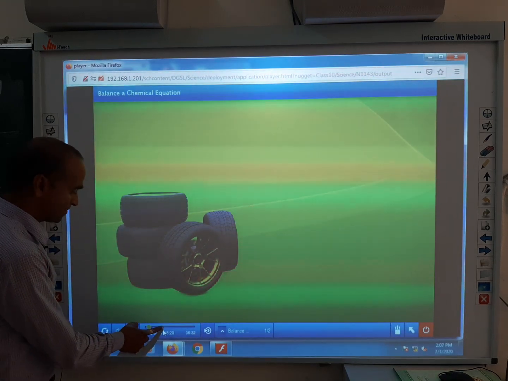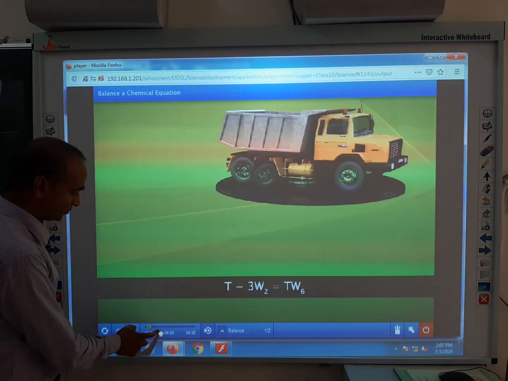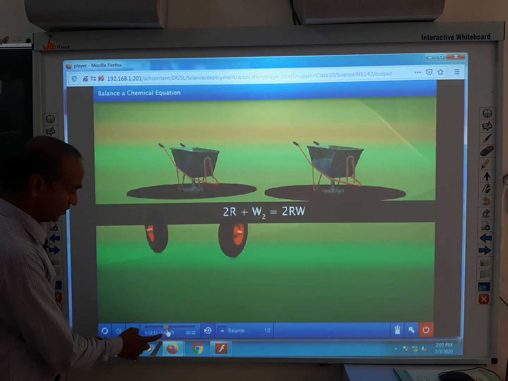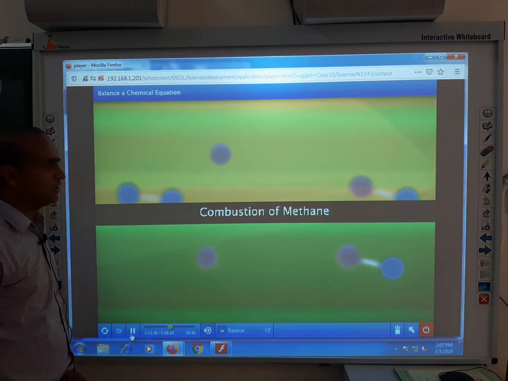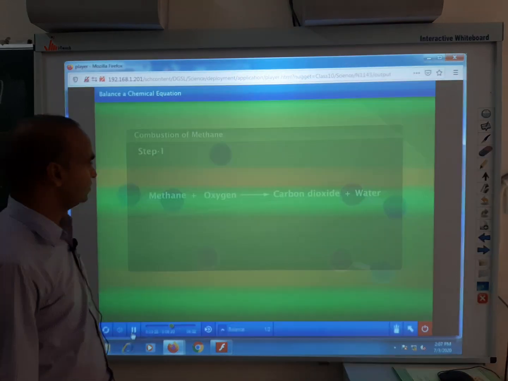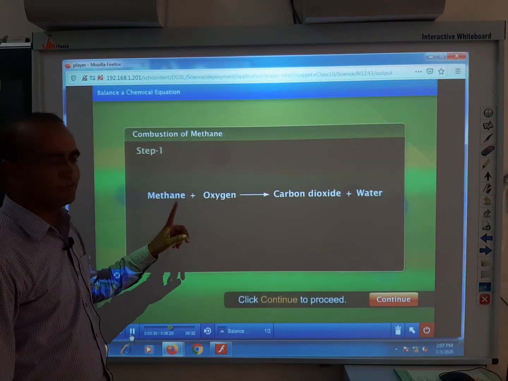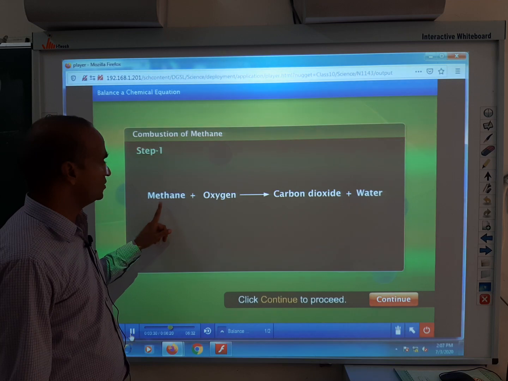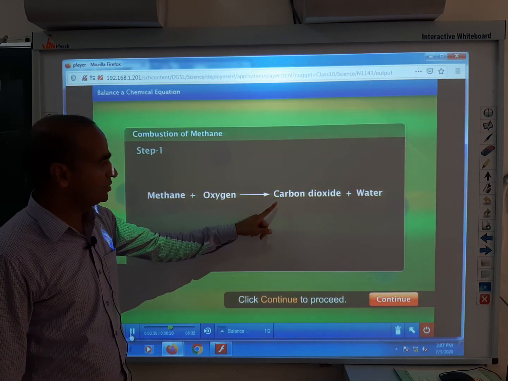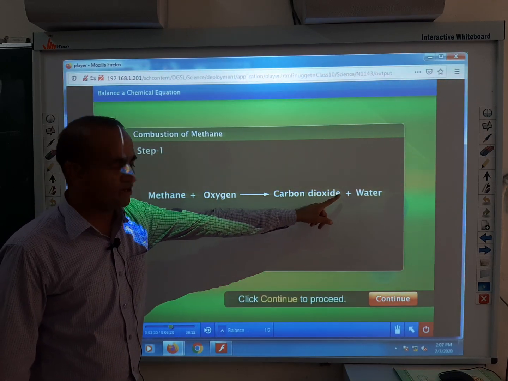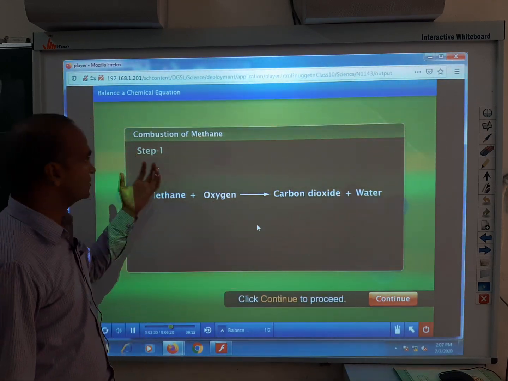Now see, combustion of methane. This is the example. Now see, combustion of methane. The first step, firstly you write the reaction: methane plus oxygen forms carbon dioxide and water. Now we move to the second step,